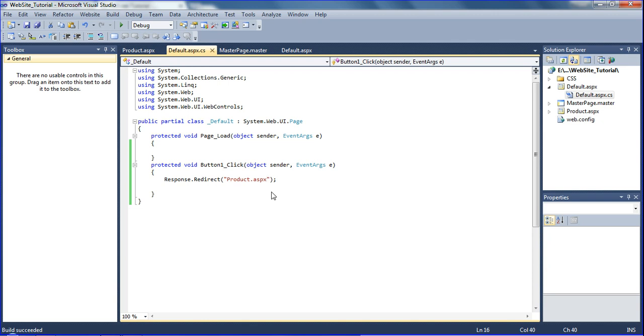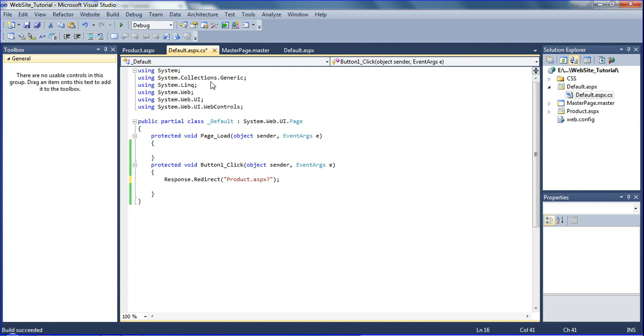Just after the page name, declare a quotation mark, okay, after that page. See, this is the source, product is the destination. So I declare a parameter to destination.